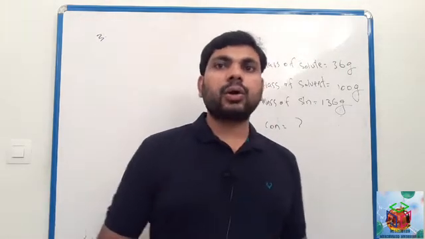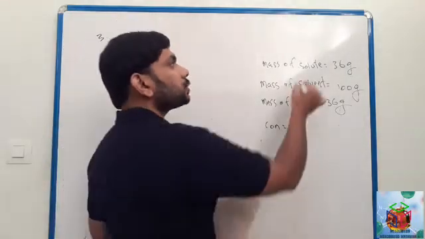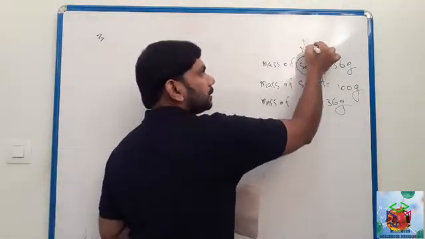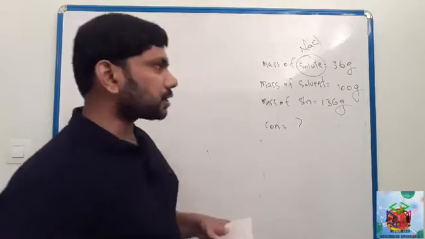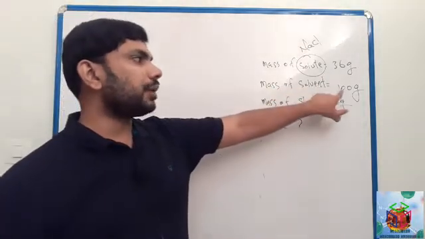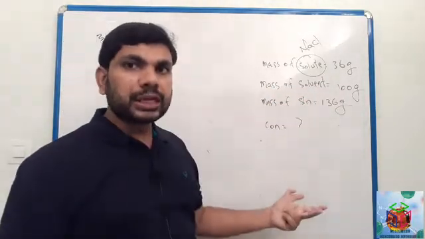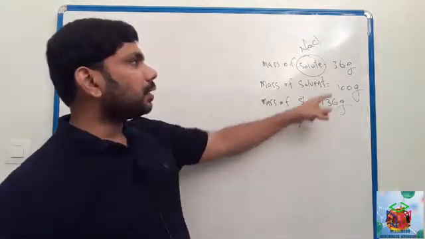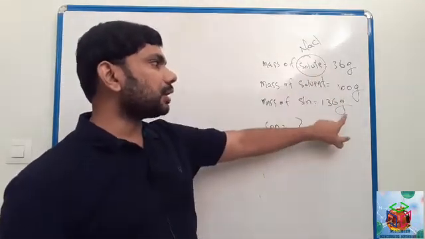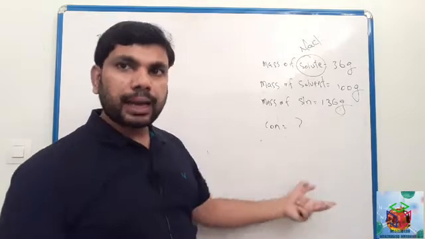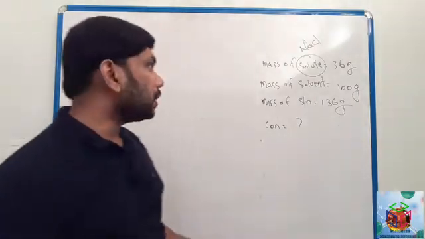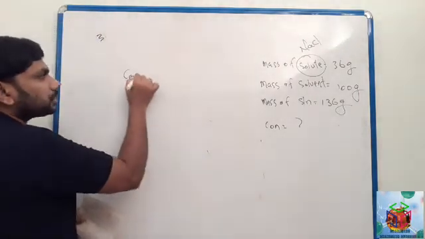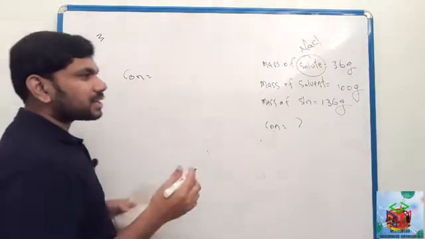So sodium chloride, that is the solute, and water, that is the solvent, 100. Solution, so mass of solution is 100 plus 36, 136. So we have to calculate concentration. The concentration of this solution will be mass of solute